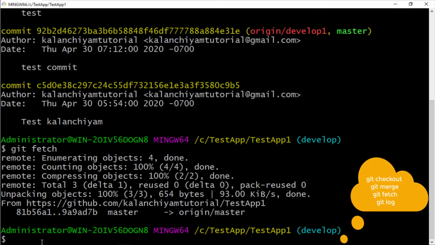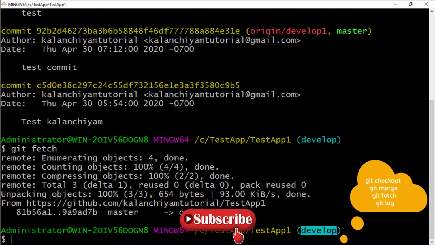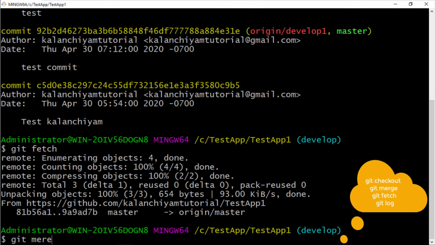Now I'm going to merge the master branch into our develop branch. Make sure you have a develop branch. Otherwise, whichever is your branch, you have to check it out in your local. Only then can you merge from master. The command should be git merge origin master.